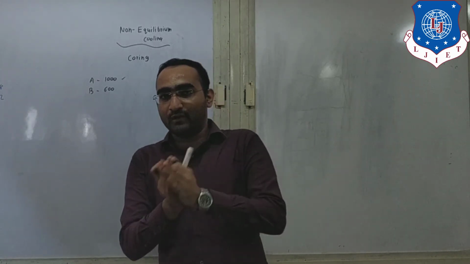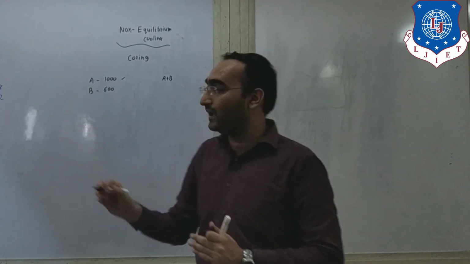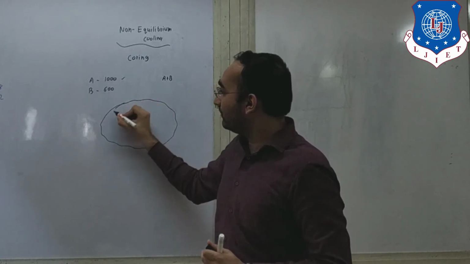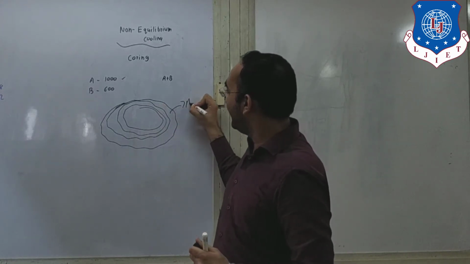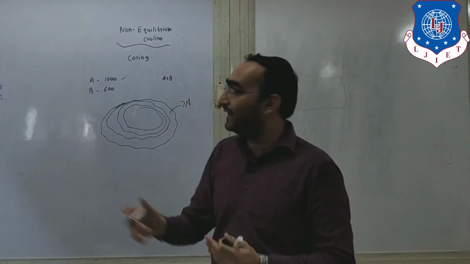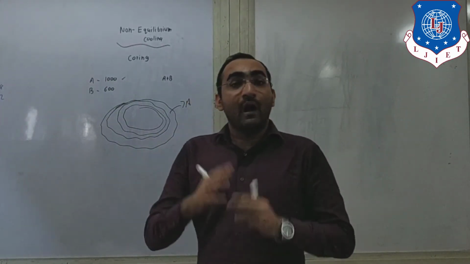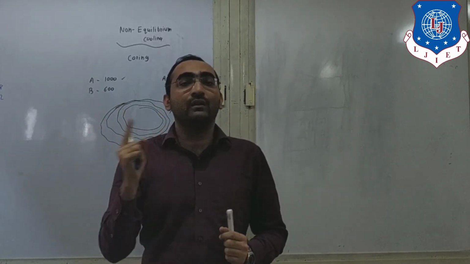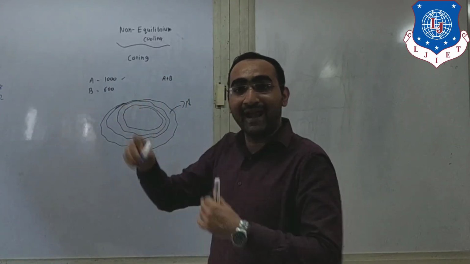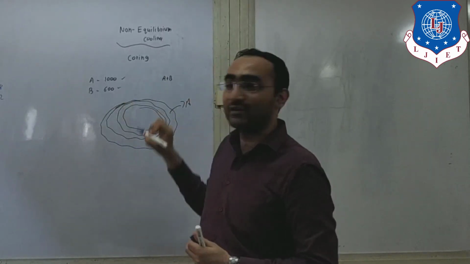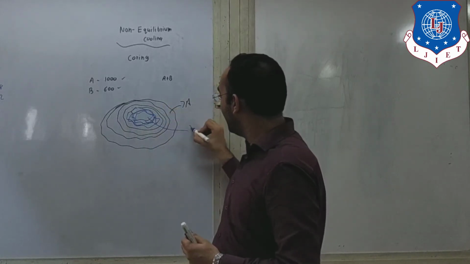But if you are going for non-equilibrium cooling, what will happen? Your A melts at 1000 degrees, so when 1000 degrees comes, the material at the outer surface will start solidifying in this way. And this will be your metal A, because when you come lower, to 900, 800, the whole metal A gets solidified. So solidification always occurs at the outer boundary and then moves towards the center. As a result, when you reach 600, after A gets solidified, B will start solidifying. So your B region will be located at the center.